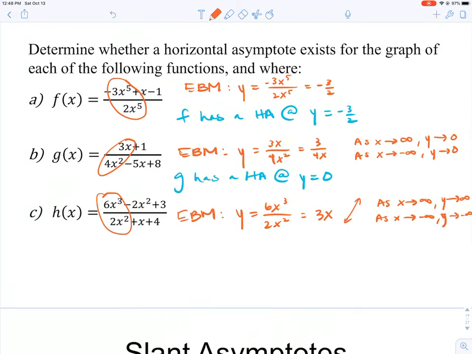So h actually has no horizontal asymptote. But h actually has a slant asymptote. And that's because, looking at our end behavior model, notice our end behavior model is y equals 3x, and 3x is a line. So h is actually going to have a slant asymptote